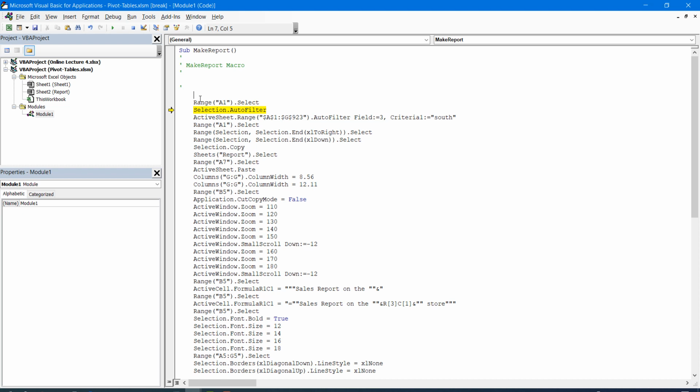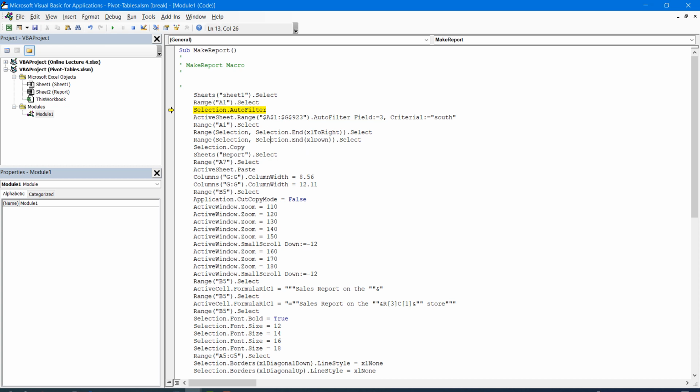So I'm adding some code to it. Sheets, double quote, sheet 1, so that it knows that we are performing the filtering operation on sheet 1, because at the top of the macro there is nothing specific whether we are going to perform the operation on the current sheet or some specific sheet.